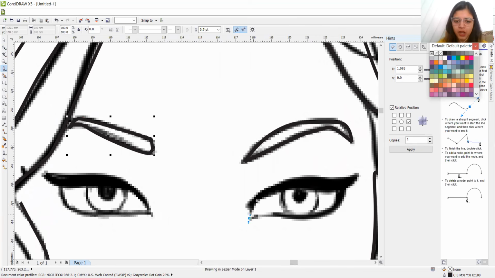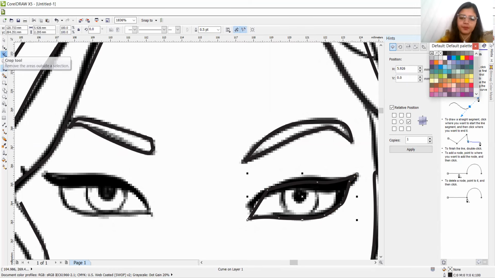Now just make one eye, and then you can flip it and replicate it.